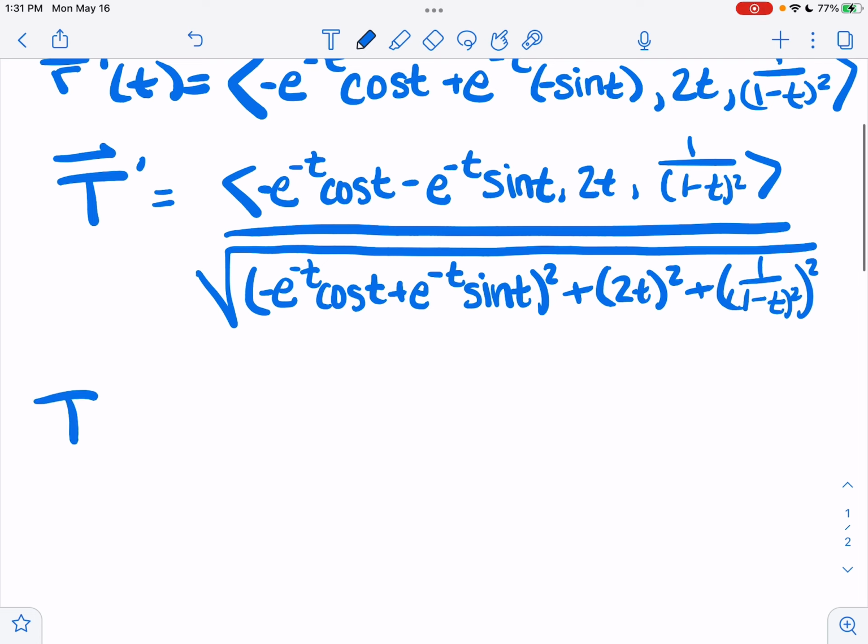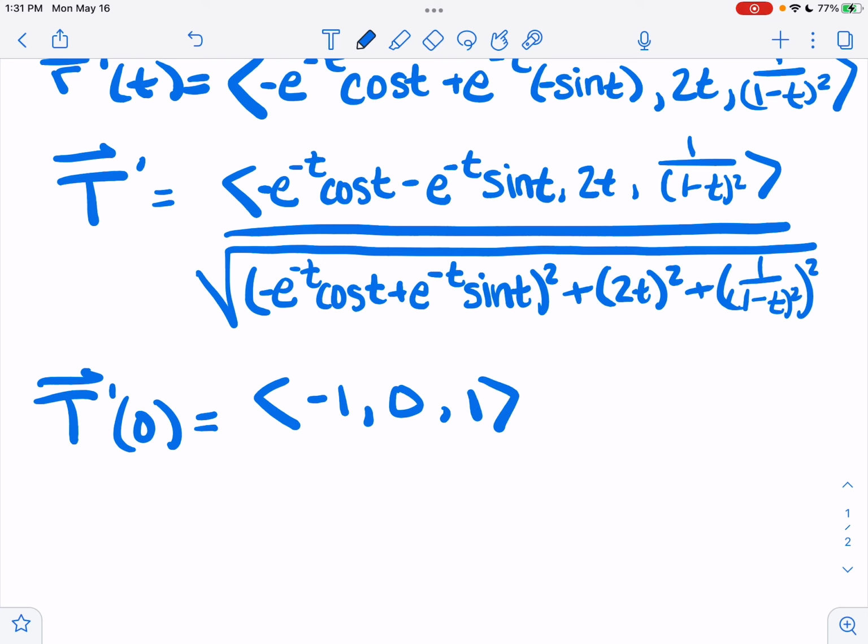So the unit tangent at 0 is easier. E to the 0 is 1, cosine of 0 is 1, so we have a minus 1. Sine of 0 is 0, 2 times 0 is 0. Right here, 1 over 1 minus 0 quantity squared is 1. So the numerator is this vector, minus 1, 0, 1, and the denominator, we have a square root of,